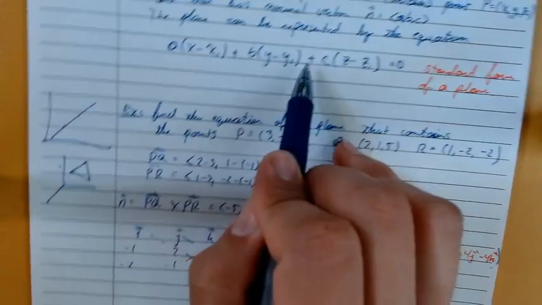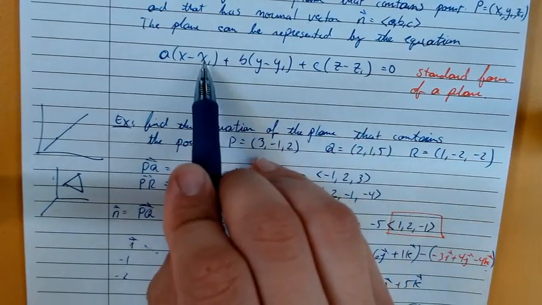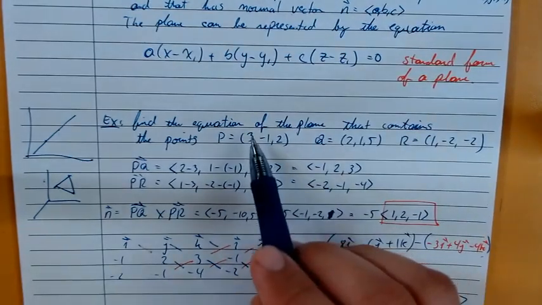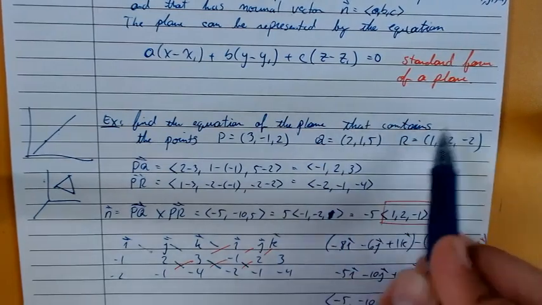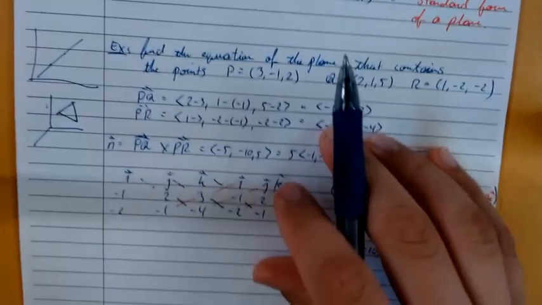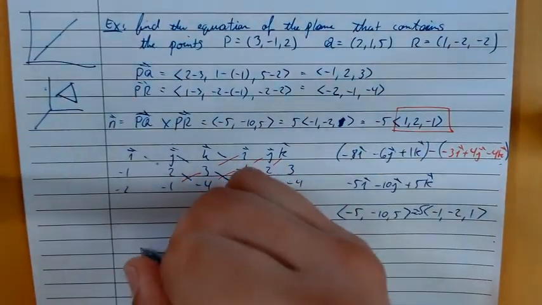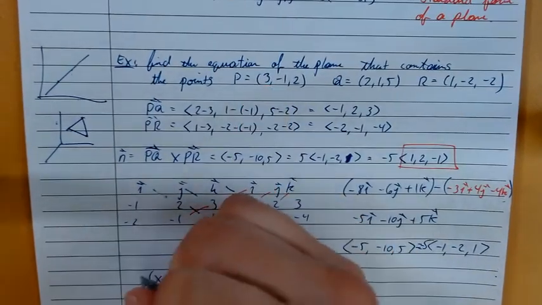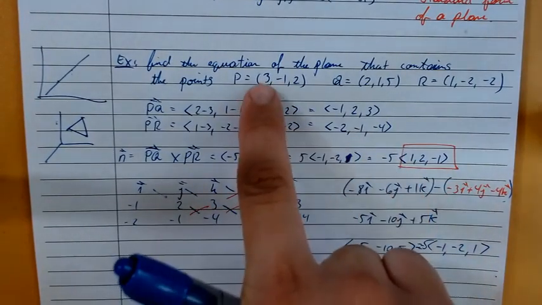All right, so now we're pretty much done. We have our A, our B, and our C. Here we have our X, Y, and Z are just variables, so we're going to leave those. And X1, Y1, and Z1 are simply going to be the components of one of our points. I'm going to use the point P, but if you use this one or this one, that is also correct. It won't make a difference. So here, my equation is going to be A, that's going to be 1 times X minus, and I'm going to use this point right here, so that is going to be 1 times X minus 3,